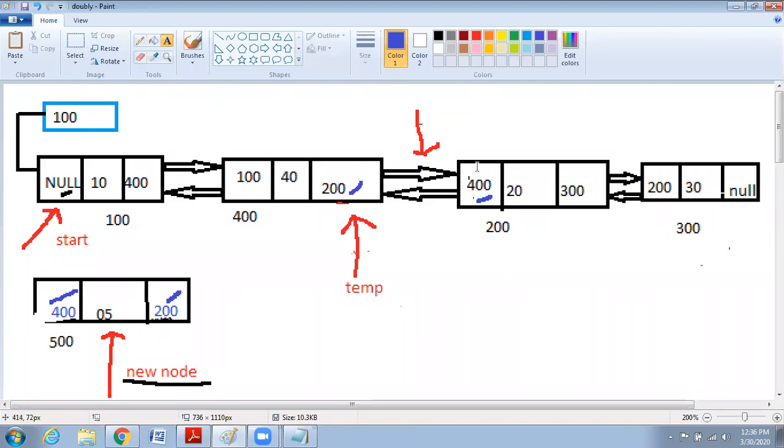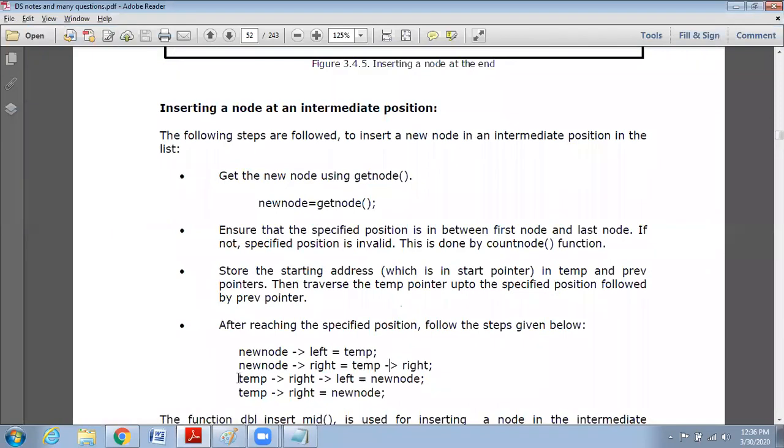Again this left: temp of right of left, temp's right left. It means it will come here. What is the value I want to put? New node, correct. That is temp right left equal to new node. Temp right left equal to new node. Is this clear?